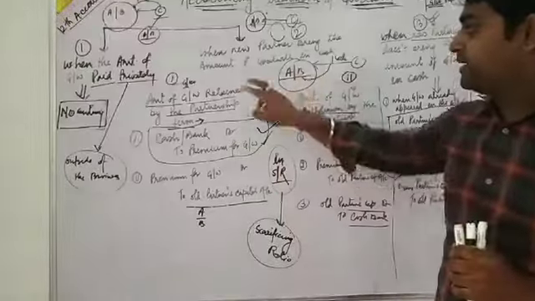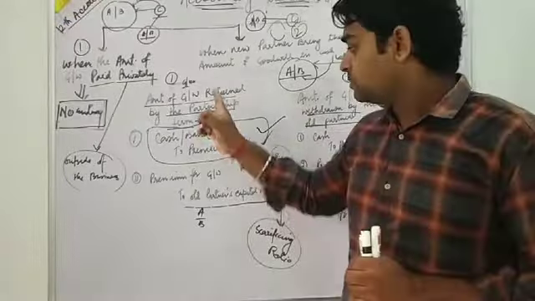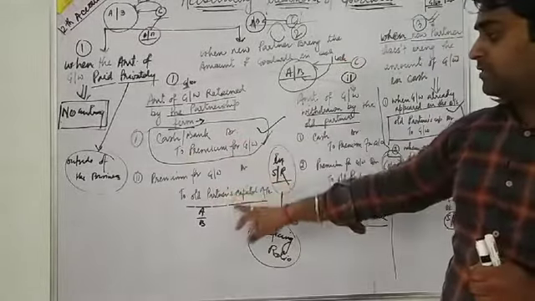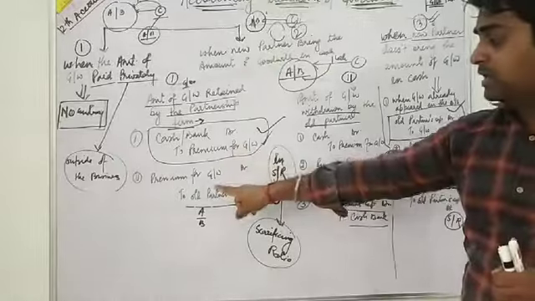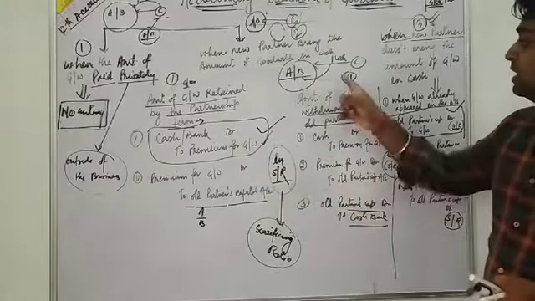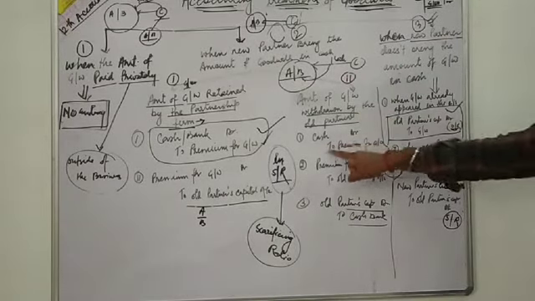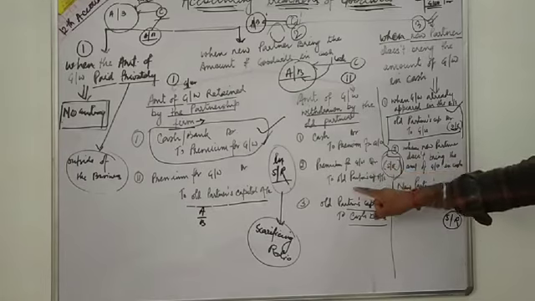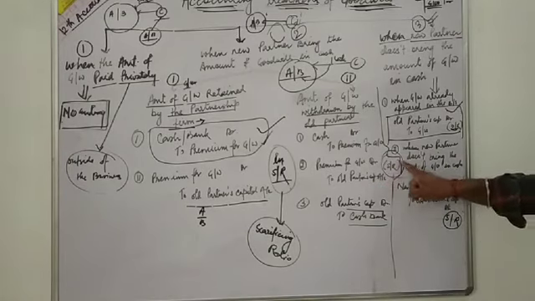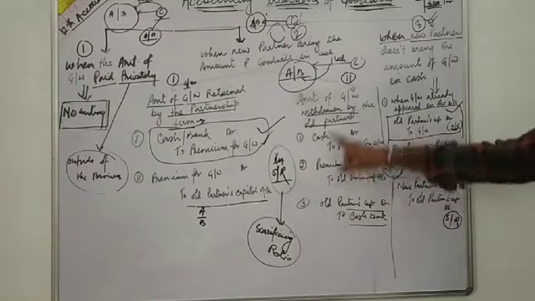Case number two: when the new partner brings the amount of goodwill in cash. In this case there are two sub-cases. First, the amount of goodwill retained by the partnership firm. In this case, both entries will be passed: cash/bank debit to premium for goodwill, and premium for goodwill account debit to old partners' capital account in sacrificing ratio. In the second case, the amount of goodwill withdrawn by the old partners: cash debit to premium for goodwill, premium for goodwill debit to old partners' capital account in sacrificing ratio, and old partners' capital account debit to cash/bank. This is the third entry in the second case.